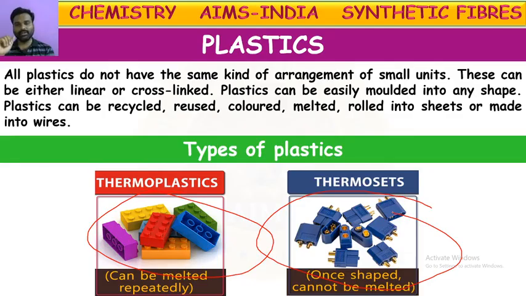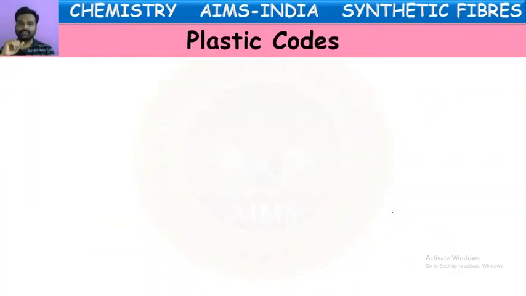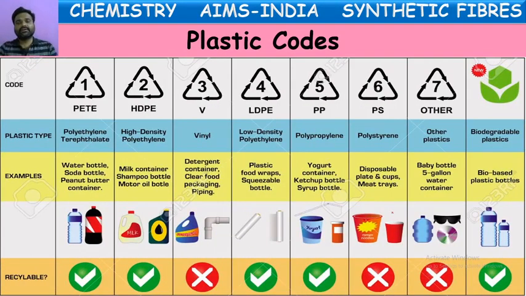They won't mold even on heating. So that is the difference between thermosetting plastics and thermoplastics. There are two categorizations of plastics. And coding also we have seen. Different codes are given for plastics for recycling purposes, to use them further or to avoid using those which cannot be recycled. These can all be known based upon the coding given for those plastic items. Codes 1 to 7 are given for these plastic items.